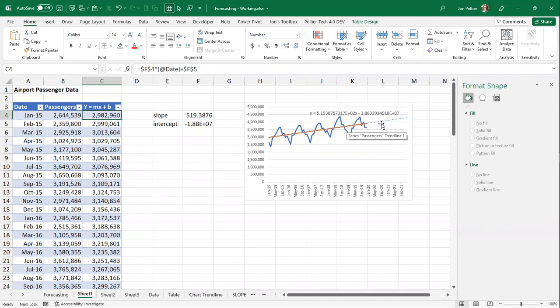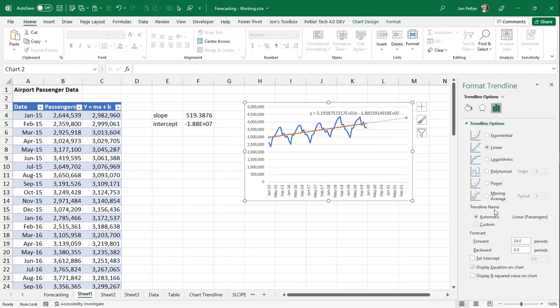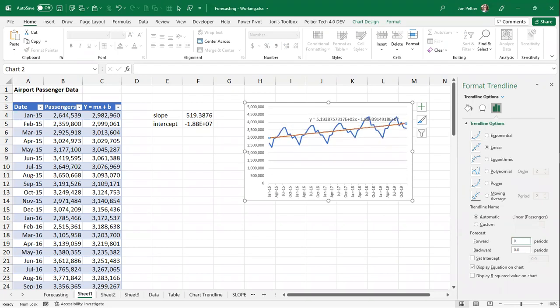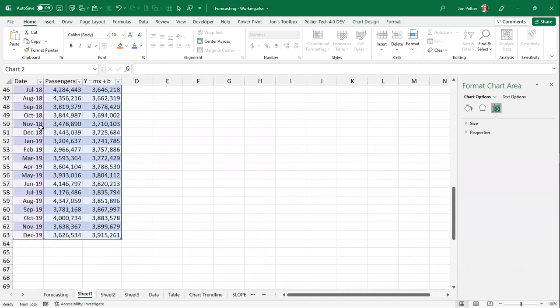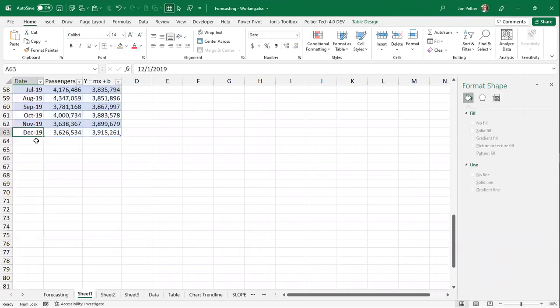So I'm going to unextend the trend line that I added to the chart. So instead of going forward 24 periods, I'm going to change that back to 0 periods. And let me get rid of the formula. I don't need that anymore. And then in order to extend the prediction, my orange line, what I'm going to do is take my dates